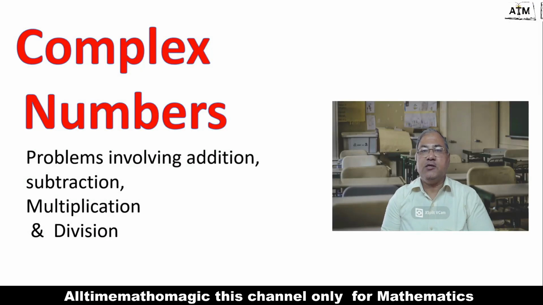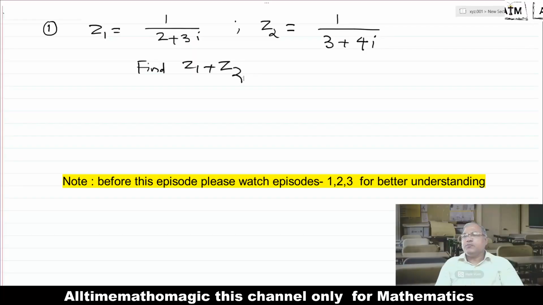In this episode of complex numbers, we are going to deal with problems related to addition, subtraction, multiplication and division of complex numbers. The first problem of the episode is: Z1 equals 1 upon 2 plus 3i, Z2 equals 1 upon 3 plus 4i. Find Z1 plus Z2. Solution: